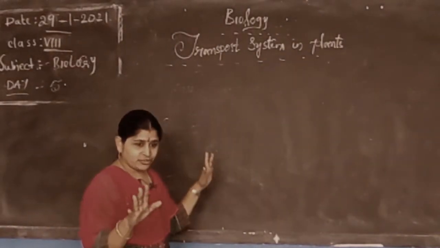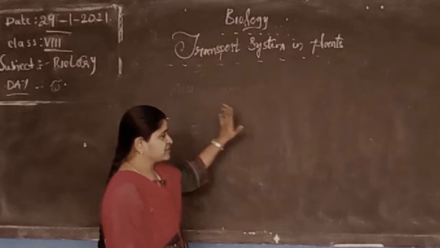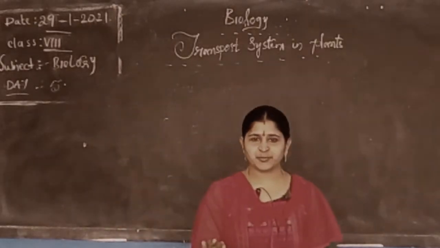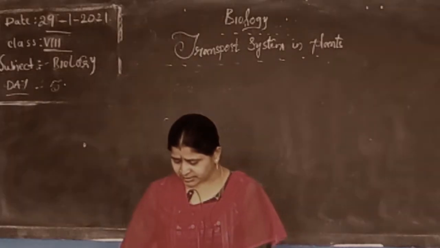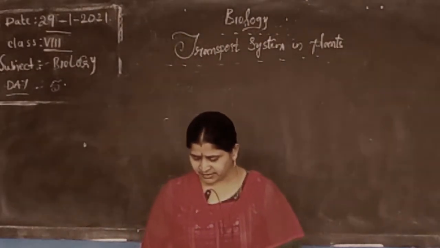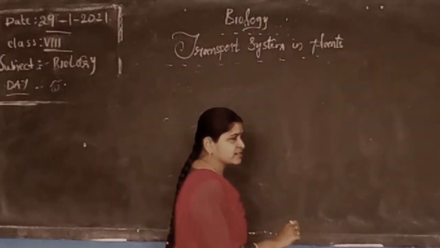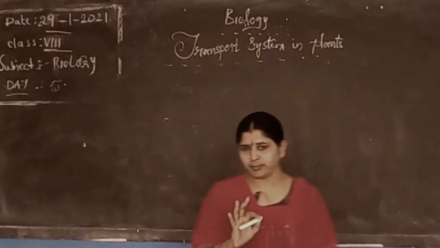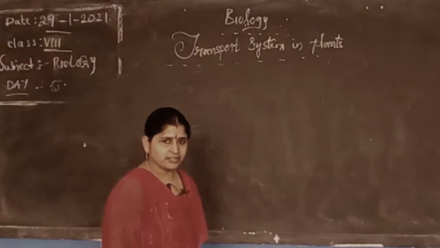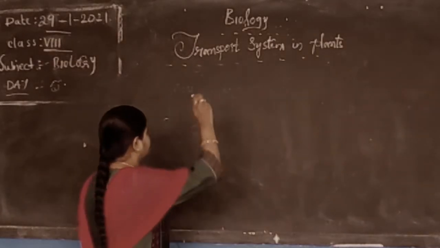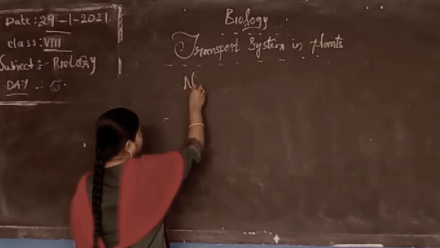So first, our main topic is what? Transport system in plants. So under transport system in plants, let us see the important topic, that is nutrient elements in plants. Very important topic. First of all, you have to concentrate on this topic, nutrient elements in plants. Under this, the subtopic is